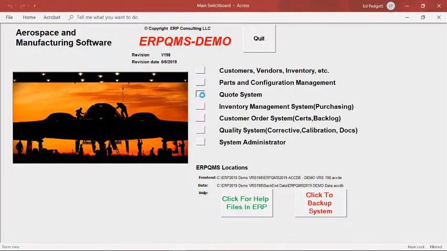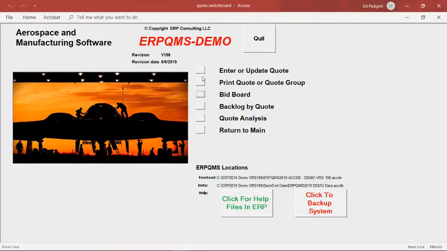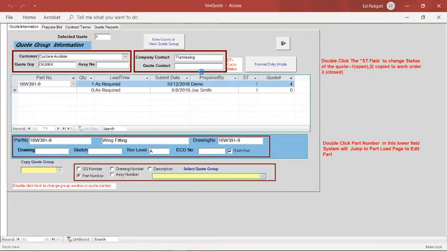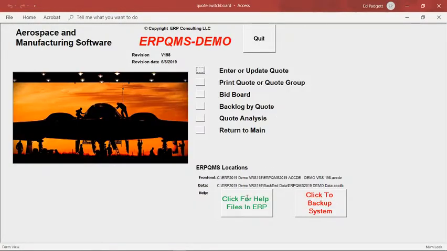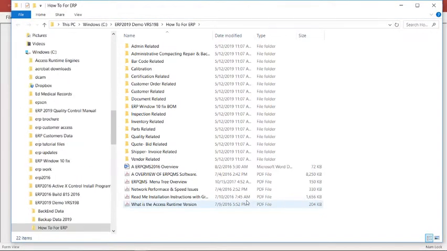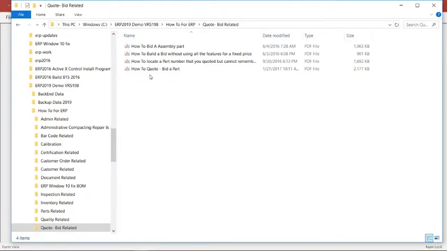It has a quote system. Enter update a quote. And this is a complete quoting cycle. If you want to understand how to quote parts in this particular system, you can go to the click for help files. It'll open up a directory, and the directory is full of subdirectories. And if you want to see quote bid related, open up this directory, and here is a step-by-step process